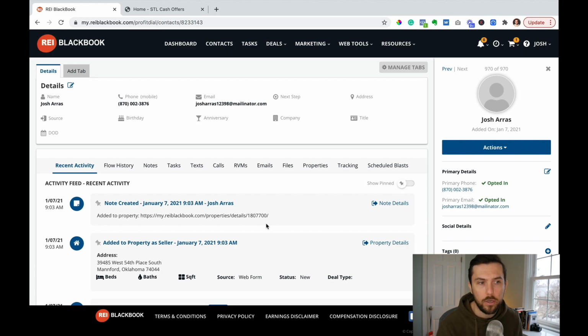You could literally do it on your lunch break if you wanted to. There's a ton of videos inside of REI Blackbook that will walk you through this process in more granularity. It'll show you more specifically what you need to do, but the whole process shouldn't take more than 30 minutes to get up and running. Now, you could spend hours and hours customizing your site. You can even reach out to the REI Blackbook team and we will build your site for you and do customizations for you, but it's not necessary. You can do it all yourself, and everything's built in one. So you get your phone system, you get your website, your CRM, everything works together.